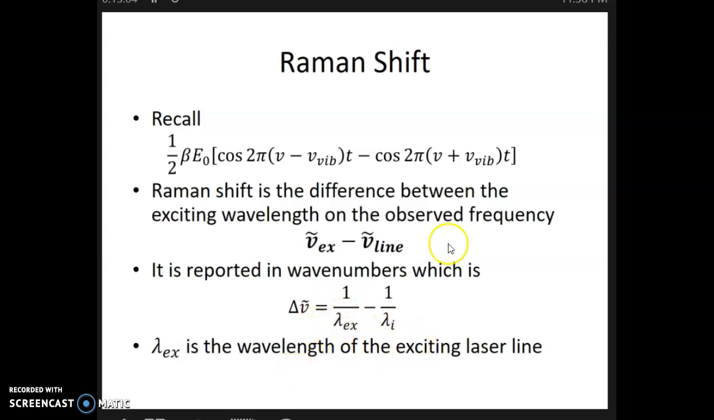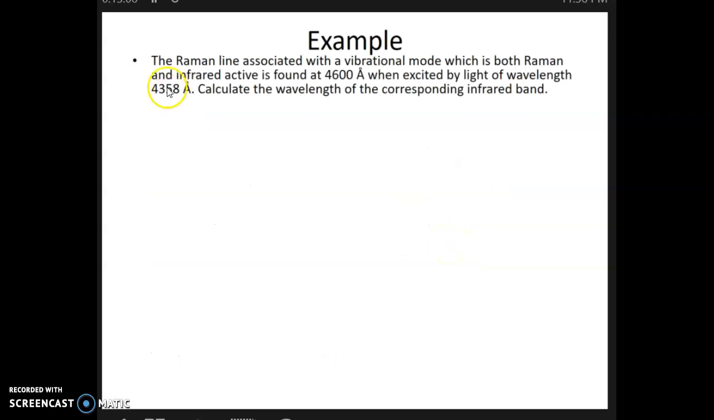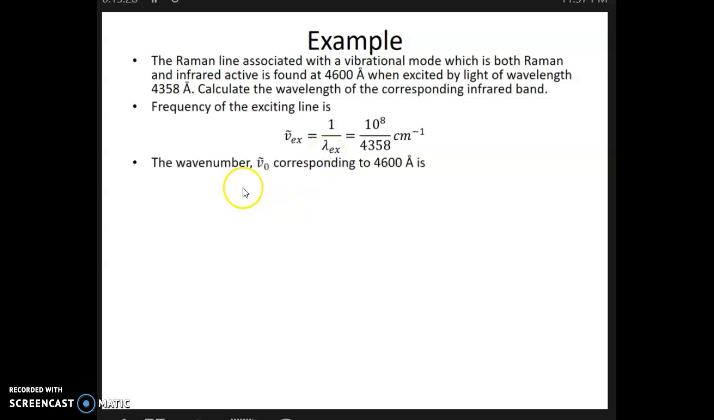So a quick example: the Raman line associated with the vibrational mode, which is both Raman and IR active, is found at this value. When excited by a wavelength of 435, calculate the wavelength of the corresponding band. So the frequency of the exciting line, we convert it to wave numbers. We're given it in wavelength. And the wave number